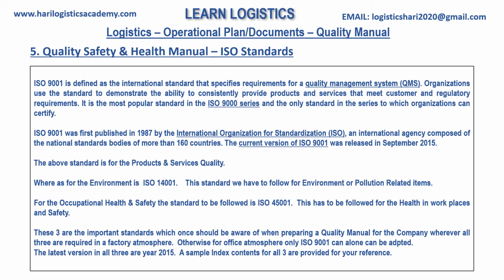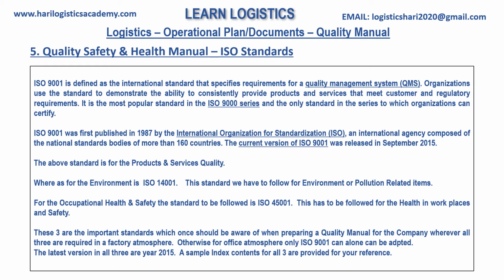ISO 9001 was first published in 1987 by the International Organization for Standardization, an international agency composed of the national standards bodies of more than 160 countries. The current version of the ISO 9000 was released in September 2015. The above standard is for the products and services quality,